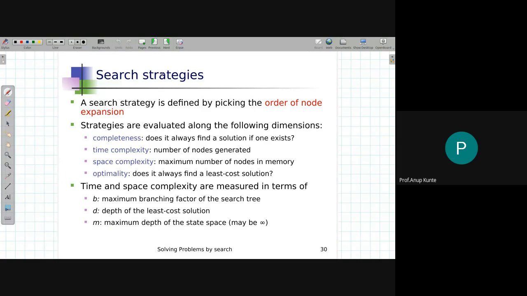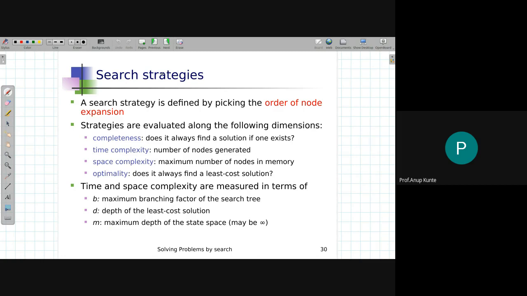Now 2 things out of this are already known to you. One is the time complexity and space complexity. Time complexity means how much time it takes for the algorithm, given a specific input size, to search for the goal. That is the time complexity. How much time means how many steps are required for an algorithm to find out the solution given a specific length tree. Okay, the number of nodes that are generated, time complexity depends on that before we get the solution. That is the time complexity.